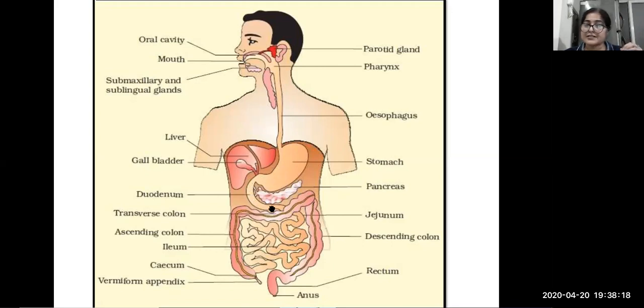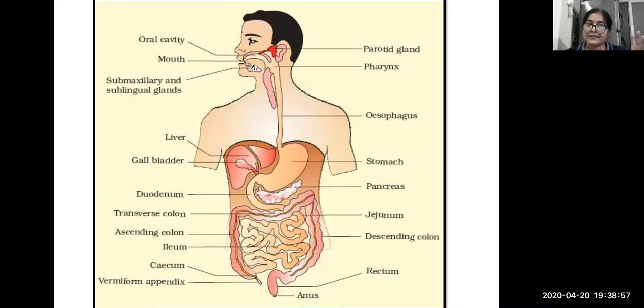Now, after this comes the small intestine. Just see this marker that I am showing you in the diagram. The duodenum is the first part of the small intestine, then the jejunum and ileum. The small intestine opens into the large intestine, which has the colon, the long tube: ascending colon, then transverse colon, and descending colon. Then the last part is the rectum, which stores the undigested food, and the pore that helps to throw the food outside the body. 3 pairs of salivary glands are there.